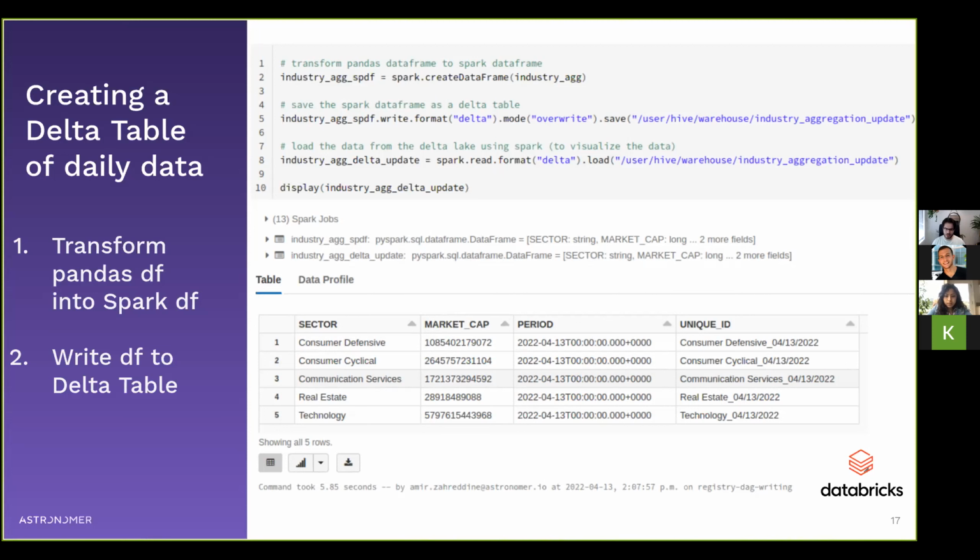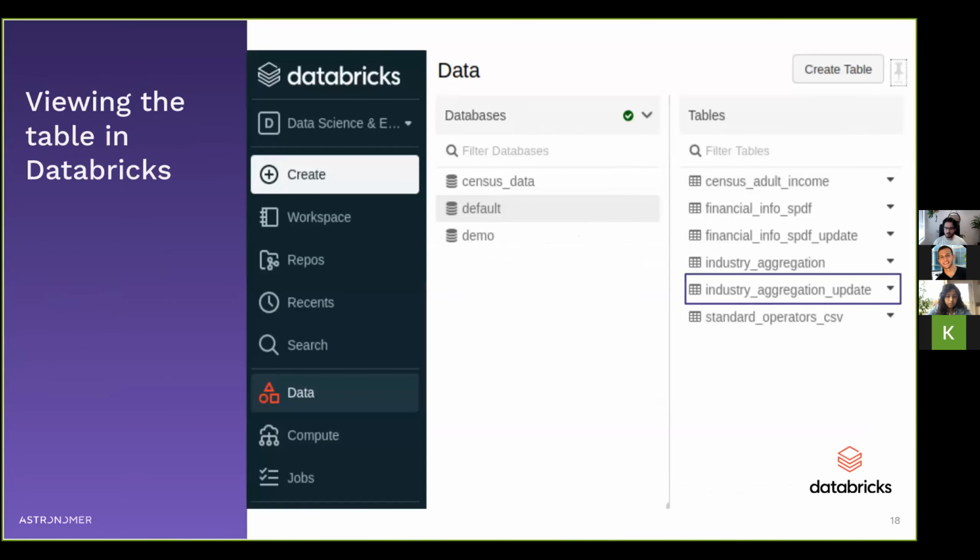Now, what to do with this data? This is essentially a snapshot of the day's positioning for this portfolio. Well, we want to add this to a larger data set that has held all the previous days' market caps per sector. So before we do that, a little tangent here, you can actually also view the Delta table itself